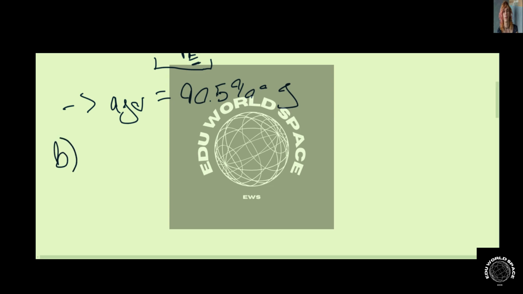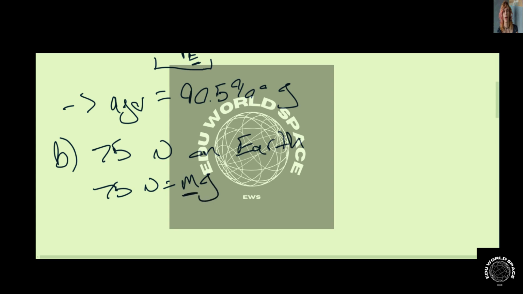So now part B is asking us, if we have a 75 Newton rock on Earth, what will it weigh on Venus? So if we write out Newton's second law for this object on Earth, then we know that 75 newtons is going to be equal to the mass of that item times the acceleration due to gravity. We don't know this m, but we can solve for it real quickly. So we just take 75 divided by g is equal to m. And if you divide that out, m is equal to about, let's see,